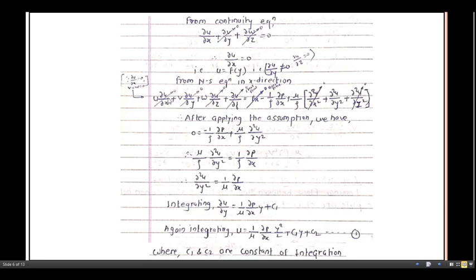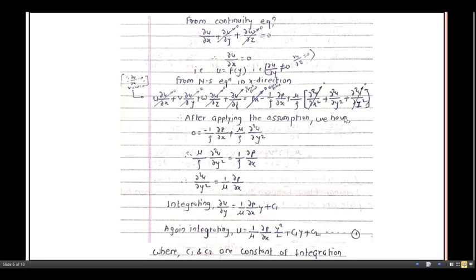Now in this case, ∂u/∂x tends to 0. Why? Because u is a function of y. Okay, so this becomes 0, this becomes 0, this becomes 0, and for the steady flow this also becomes 0. The body force along the x direction also becomes 0. Now as u is a function of y, only this term will remain here, and these two terms. Applying these assumptions, everything on the left side becomes 0, and on the right side these terms become 0.